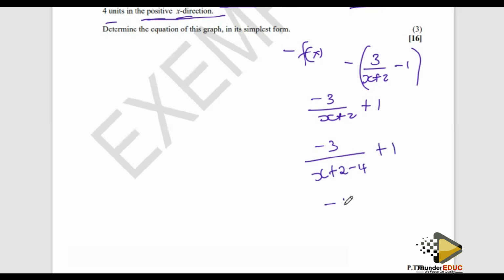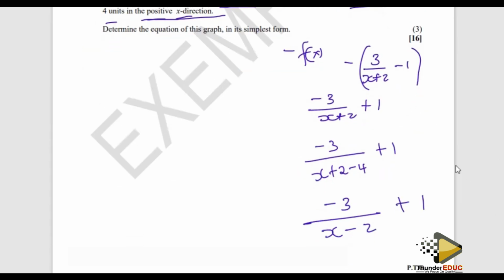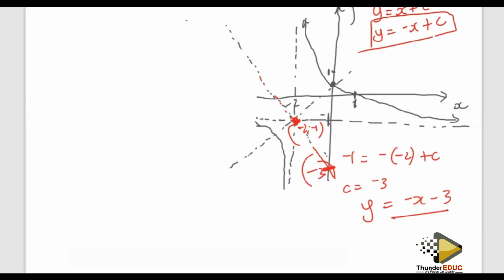Simplify this. So negative 3 over x minus 2, plus 1. So this is the new equation that we are getting, because the translation is in the positive x direction. Had it been that there was a translation up or down, then the 1 was going to be affected. So guys, that is